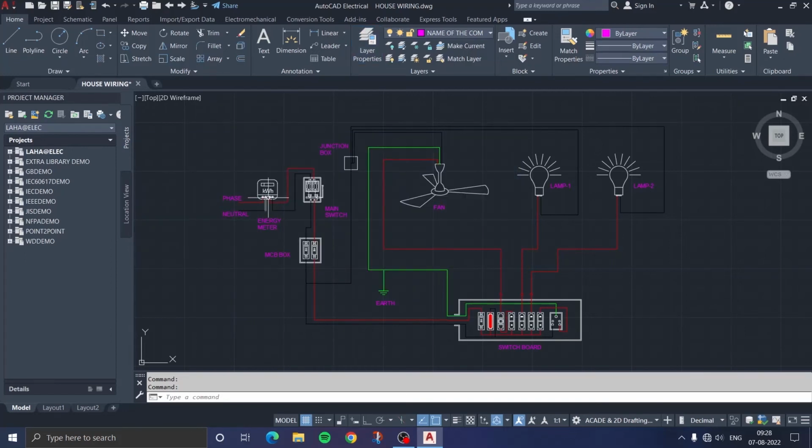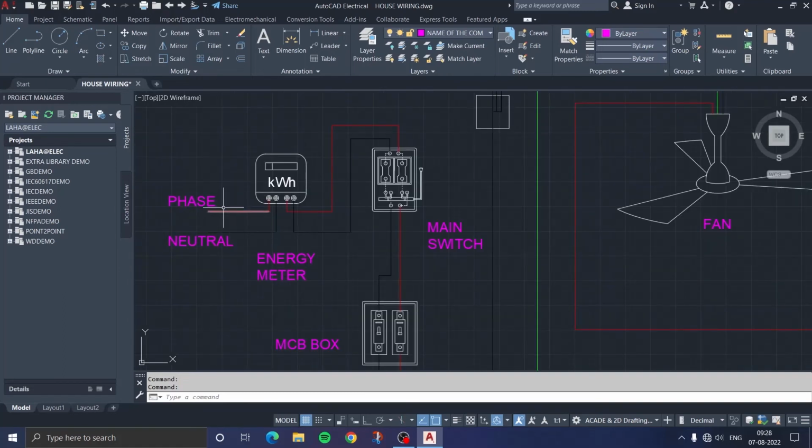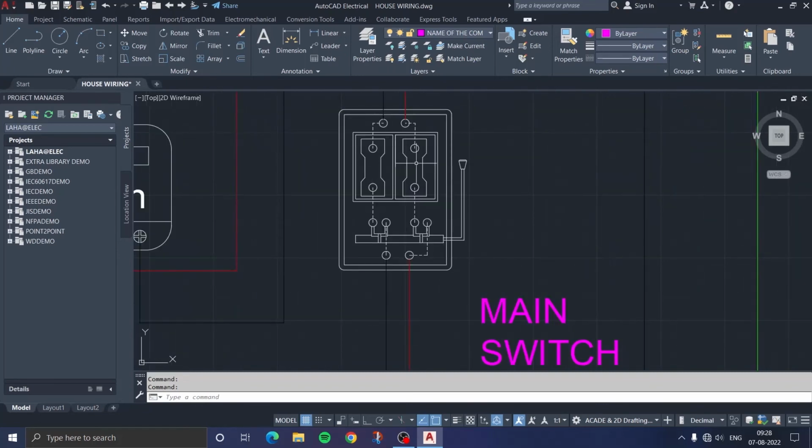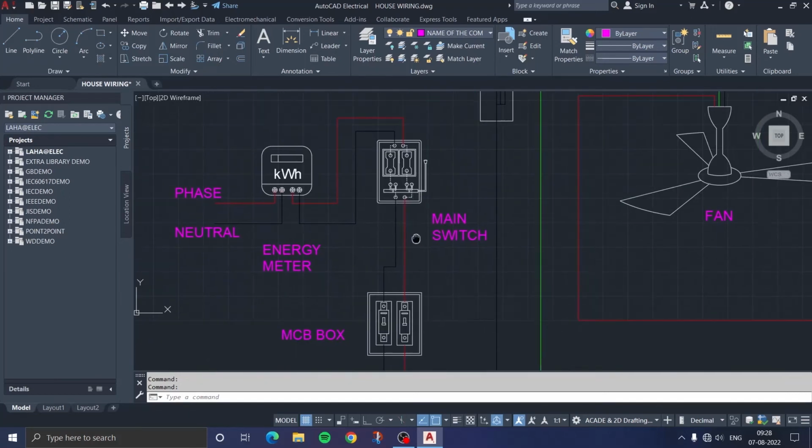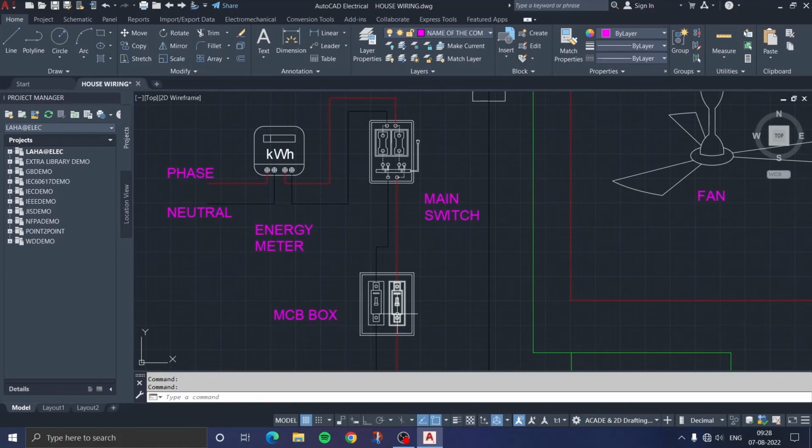First of all, let me clarify how these instruments are placed. So first there is a phase wire and neutral wire coming from the main power supply and it is directly fed to the energy meter. Okay, and the output of the energy meter is fed to the main switch. Okay, where you can see there are 2 fuses connected in series with the phase and neutral, and there is a changeover switch. Next, the output of the main switch is fed to the MCB box